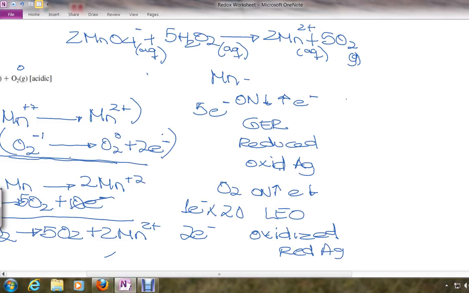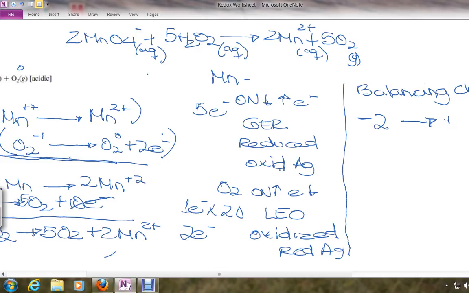Balancing the charges, we got here. Remember, we multiply the coefficient by the total charge of the molecule. On the left side we got minus 2, and on the right side we got plus 4. If it's an acidic medium, how much do we have to add? It would be on the left to get to plus 4. It would be 6 hydrogen plus, because then we have 6 minus 2 plus 4, and on the right side we'll have plus 4. So we put here 6H plus,